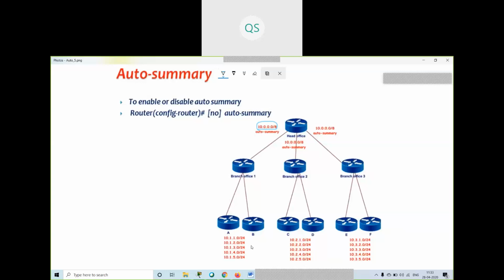Now this router will get confused. If I want to reach 10.1.4.0, which route do I have to go, either this route, this route, or this route? Where is 10.1.4.0? I don't know. So this router will get confused in this scenario. Understood? What is auto summary and why we cannot use auto summary?